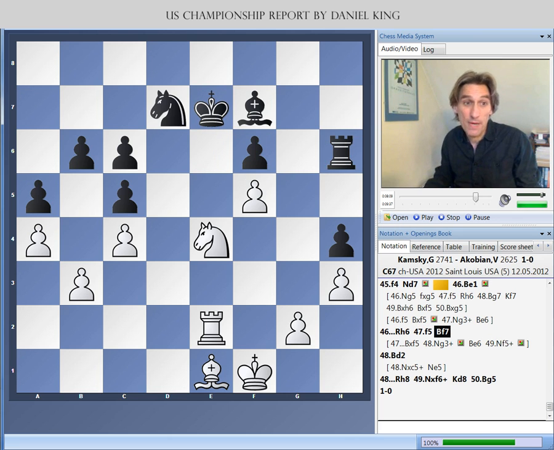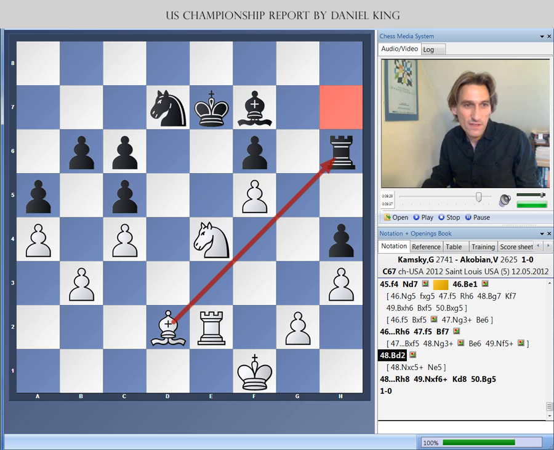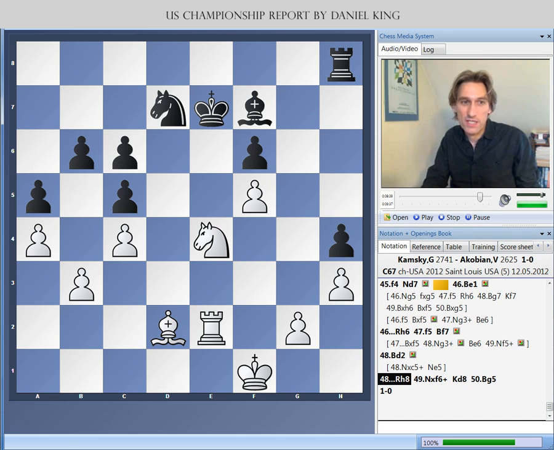Okay, so the bishop dropped back. And still, this isn't so devastating. The king can move away and black survives. But bishop d2 is very clever. The rook is attacked, and curiously the rook just does not have a safe square. If it goes to h7 or h5, then there'll be a discovered check winning the rook. So the rook went back to h8, and now knight takes f6 is a winning move, because if king takes